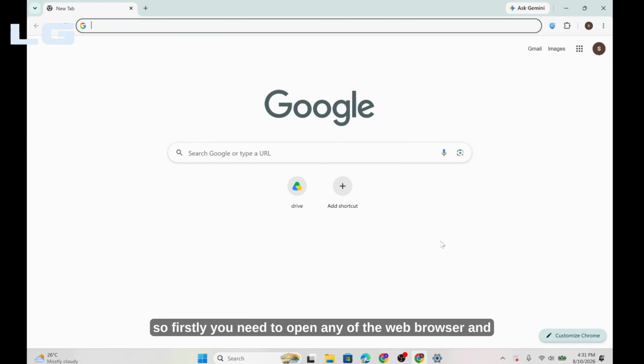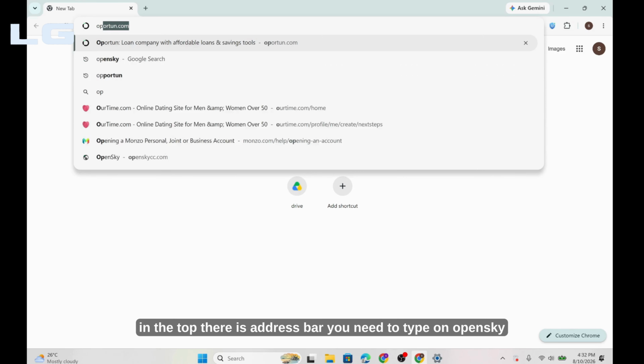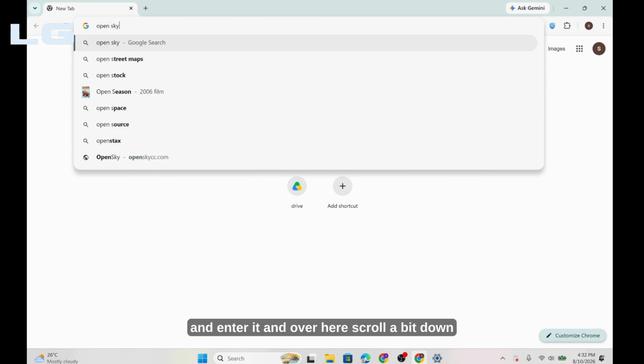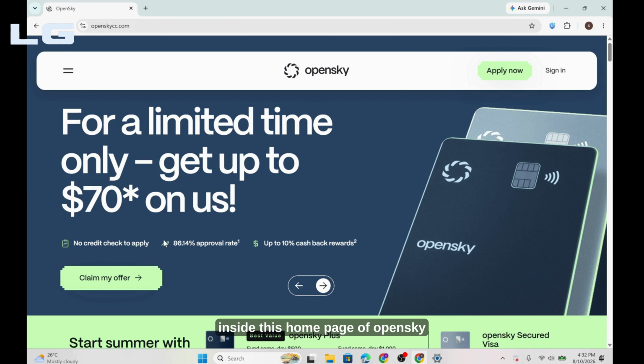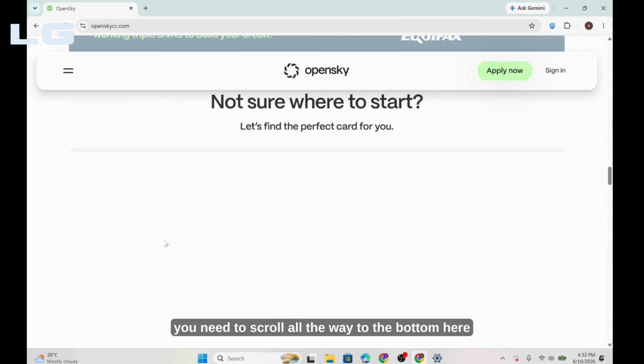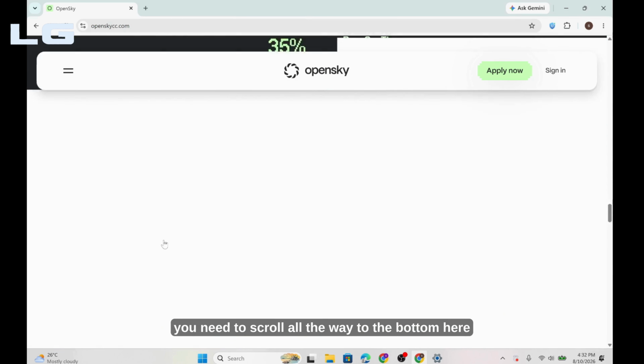So firstly, you need to open any web browser, and at the top there is an address bar. You need to type OpenSky and enter it. And over here, scroll a bit down and you need to select this OpenSky. And once you're inside this homepage of OpenSky, you need to scroll all the way to the bottom here until